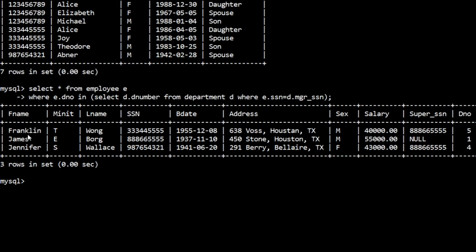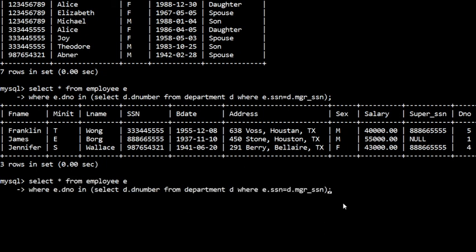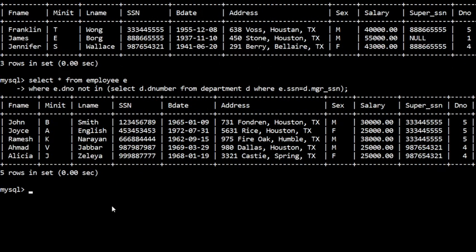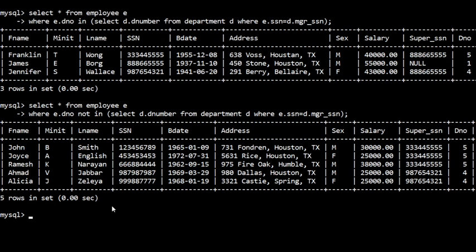So those employees who are the managers, their information we are fetching. Now if I write like this using not in, if I use not in operator, okay, not in, now it shows the employees who are not the managers, okay, their information will be displayed.